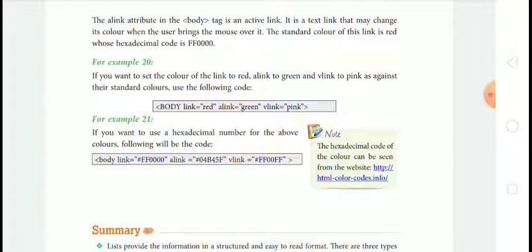For example 20, if you want to set the color of the link to red, alink to green and vlink to pink as against their standard colors, use the following code: body link equal to red, alink equal to green and vlink equal to pink.